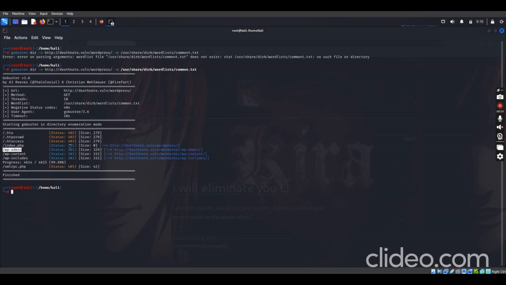So for 301, each of the status codes has its meaning. For 301, it simply means redirection. That means if you access this, it will redirect you to another path itself. So for 200, which is the most popular one, status code 200 simply means that it is really accessible without any redirection.